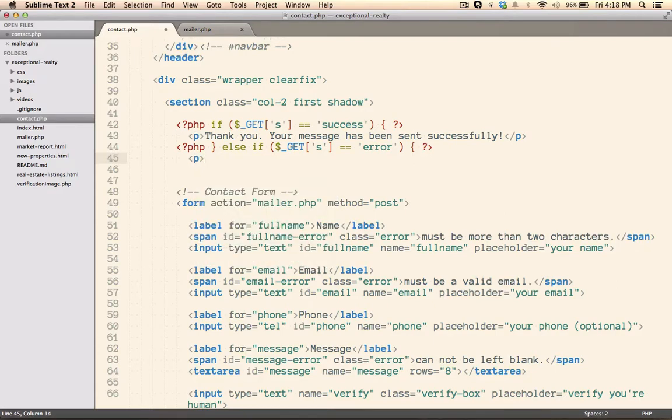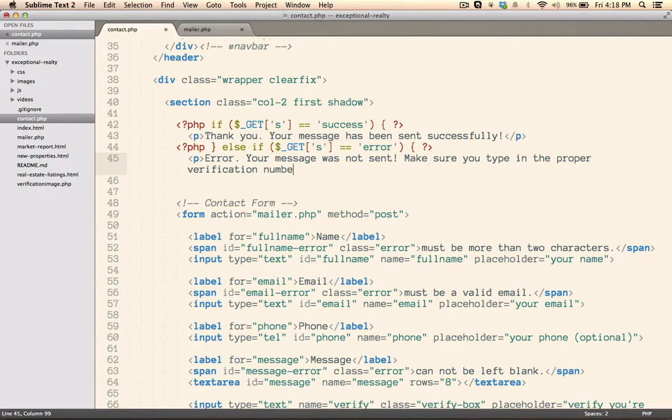And in this case, we will say error, your message was not sent. And we'll say make sure you type in the proper verification numbers,